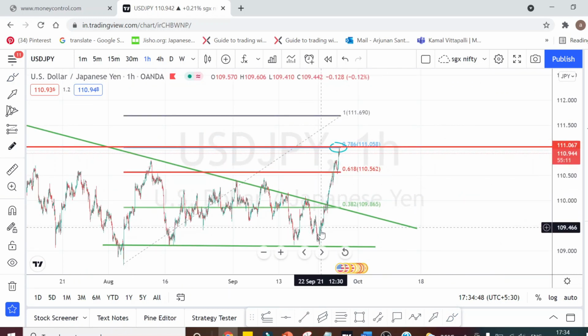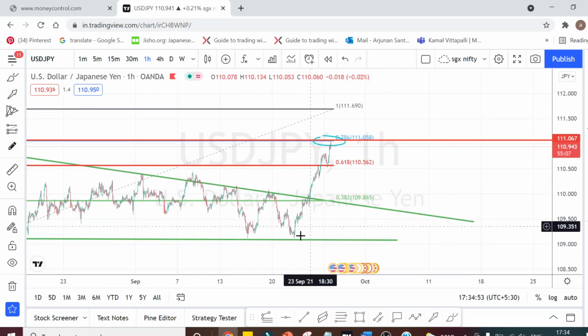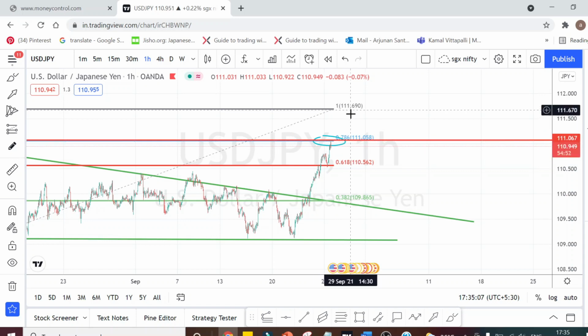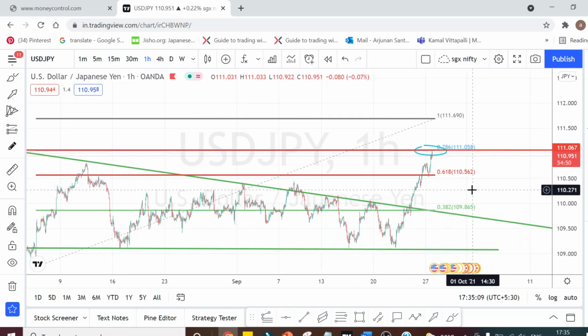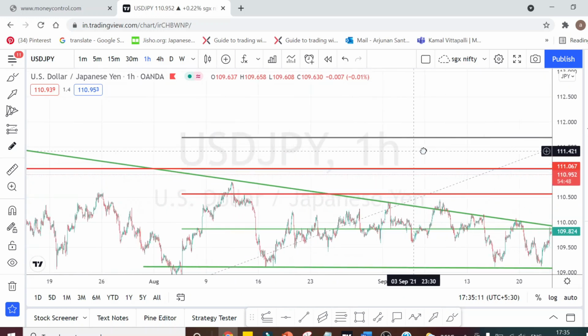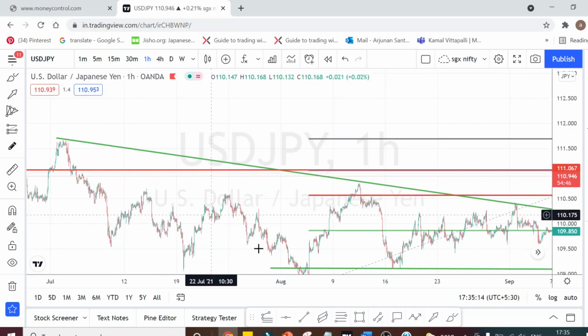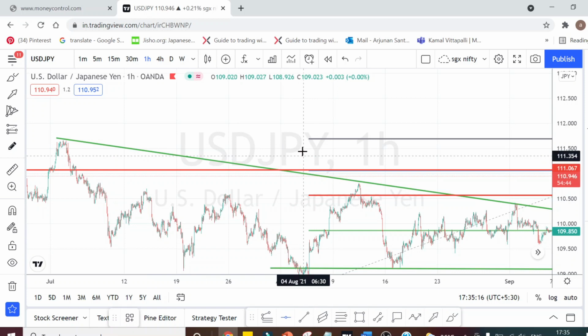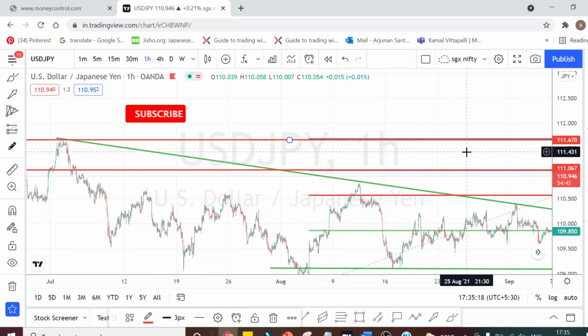And when we see, once it started trending up, it was going straight away and it actually retraced to 0.618. Then it started moving up. So I'm expecting again one stop at this point and to retrace or to go forward. So if it goes up, what is going to be the next target? The next target is going to be the previous high.